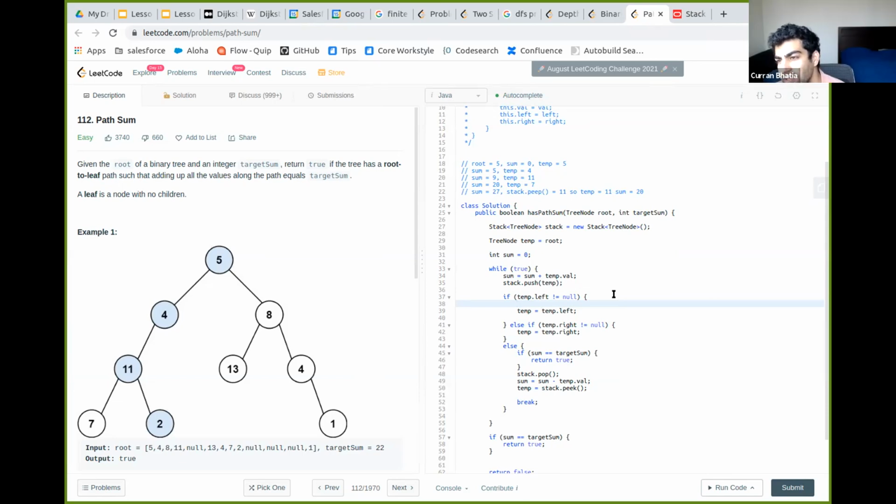But isn't that BFS? It's not BFS, because when you look at 4, you'll still put 4 in and then you'll still get 11 out first, because you're looking at the top of the stack. So 8 will stay on the bottom until you pop it back.